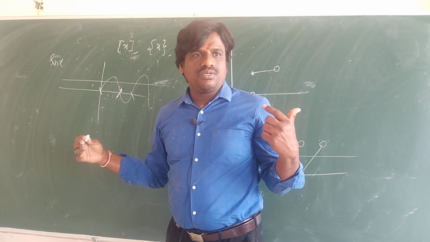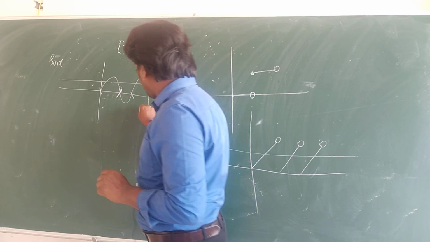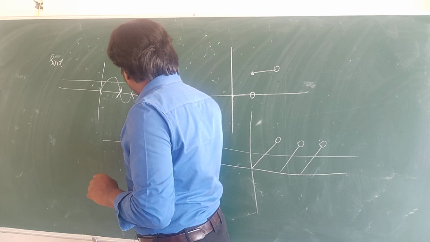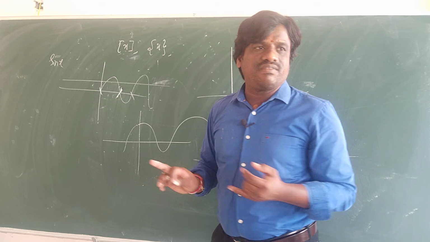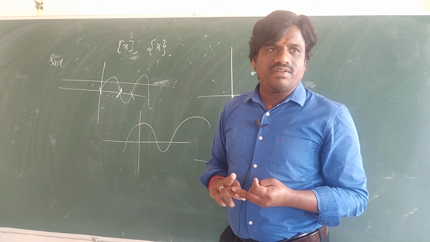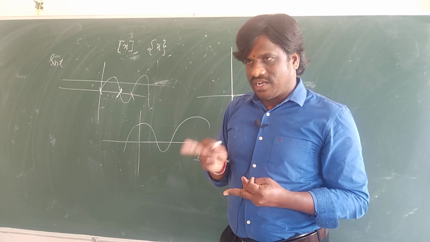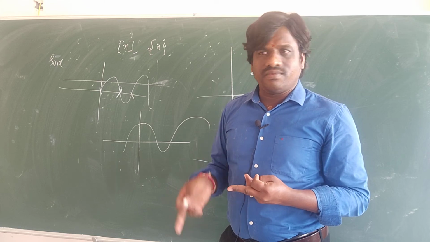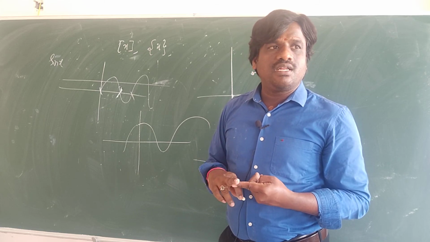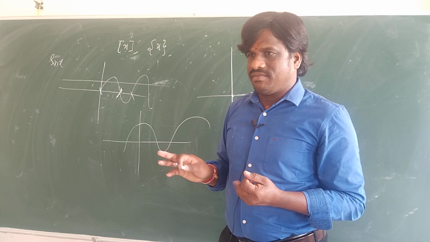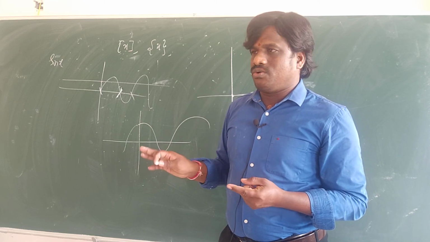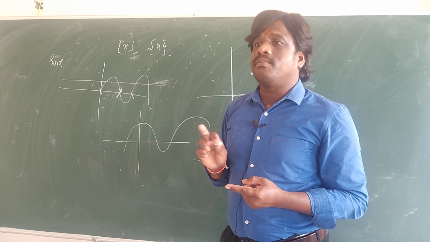Cos x is also not 1-1. So sin x is not 1-1, cos x is not 1-1, log is 1-1, exponential is 1-1, greatest integer is not 1-1, fractional part is not 1-1, and